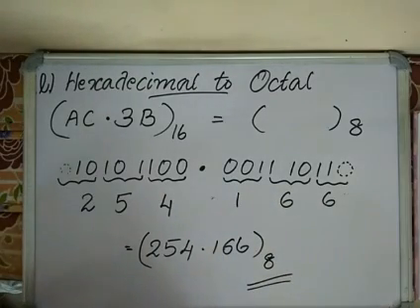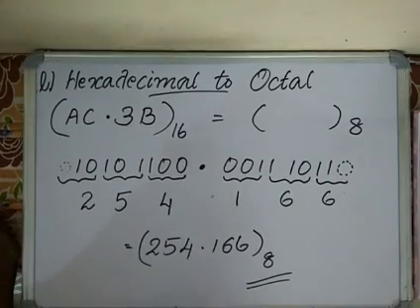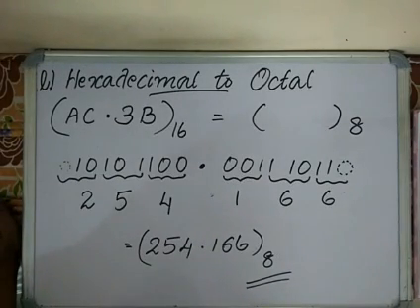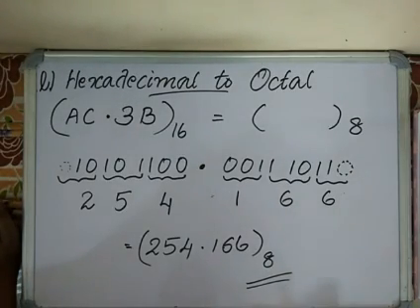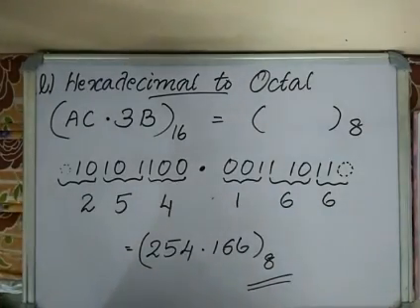Okay, so these are the number system conversions. That means I will just conclude it. In digital electronics, we commonly use the binary number system. So sometimes we need to convert from one number system to another number system. So we have seen a total of 12 conversions here. Okay, I hope you all understood this session. Thank you.